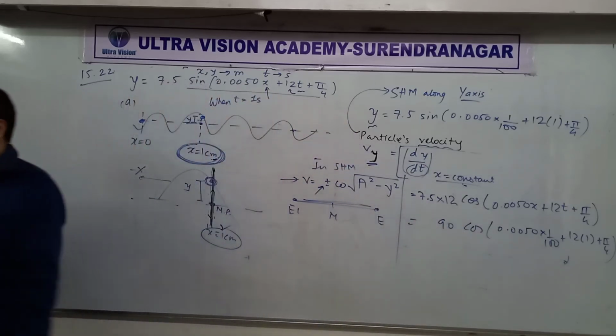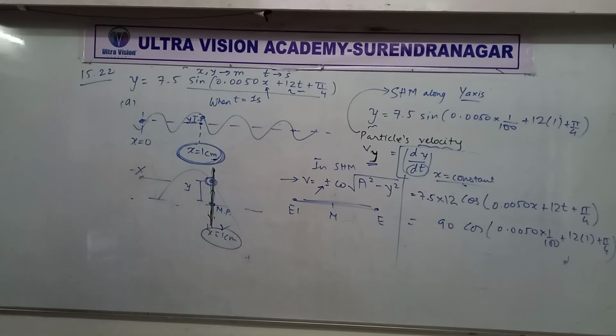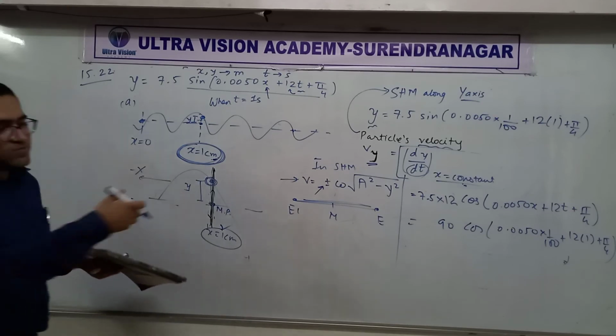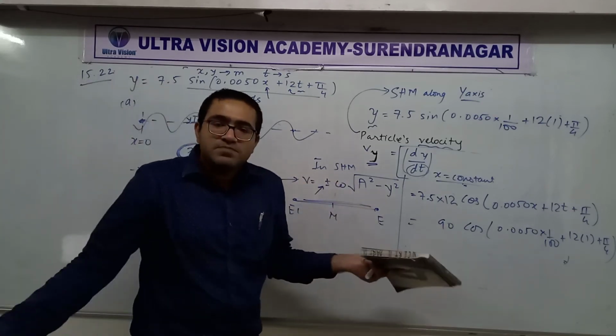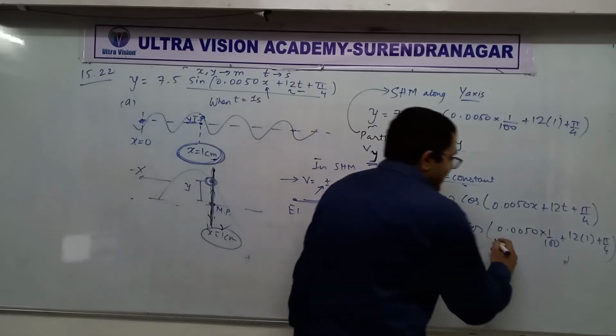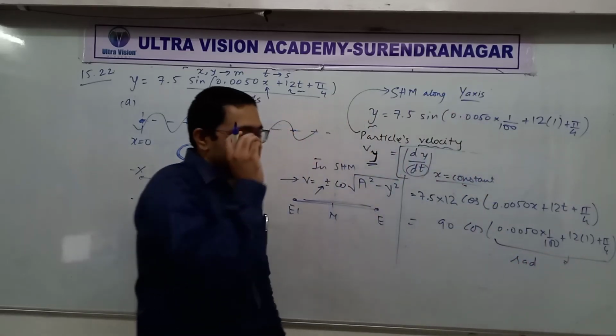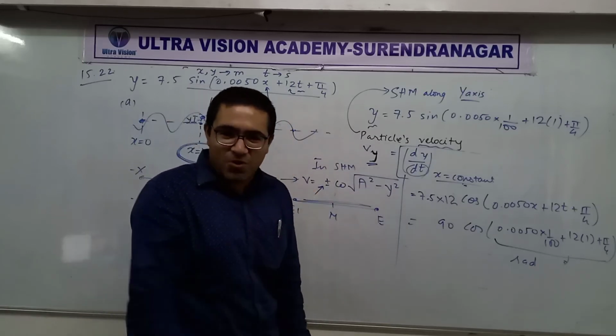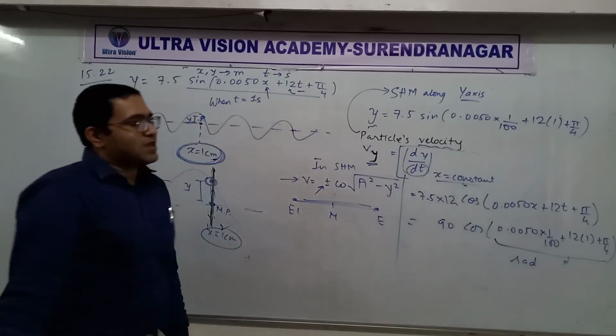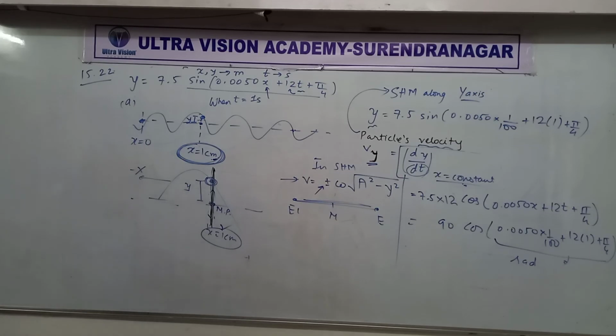Okay. So now you have to find this using the table, right? Remember, this will be in radian. This will be in radian, so you have to first convert to degree, just like we did in the morning. All right? Fine. So that's how you solve this question. All right?